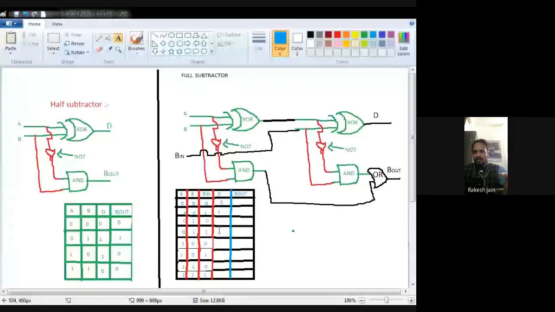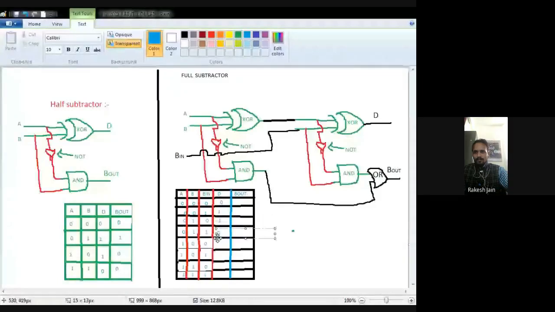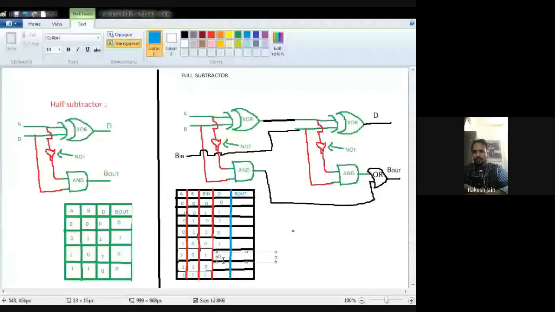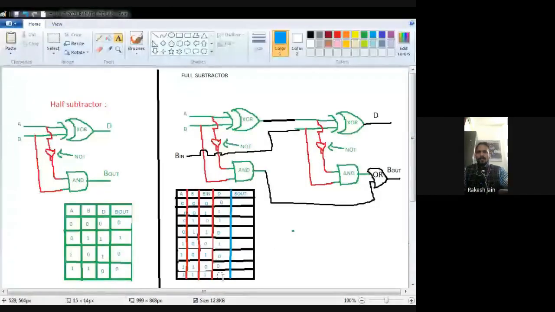Now what is the output? Because the output comes from the XOR gate, it depends on A, B and Borrow input. So I directly write down here because I have already taught you.